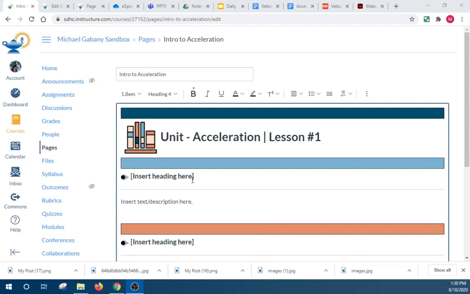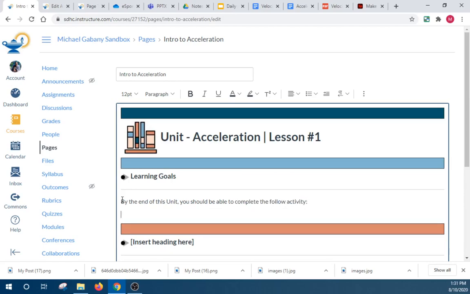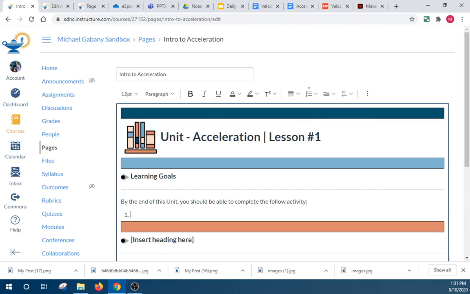Cool. All right. These are your learning goals. By the end of this unit, you should be able to complete the following activity. Boom. Now, this is where you can do like learning goals, okay? You can do up here is like a 1, 2, 3. Let's think. If I actually go back to my